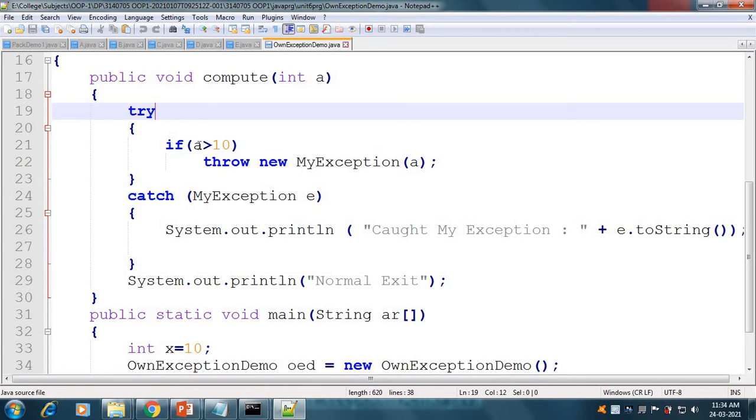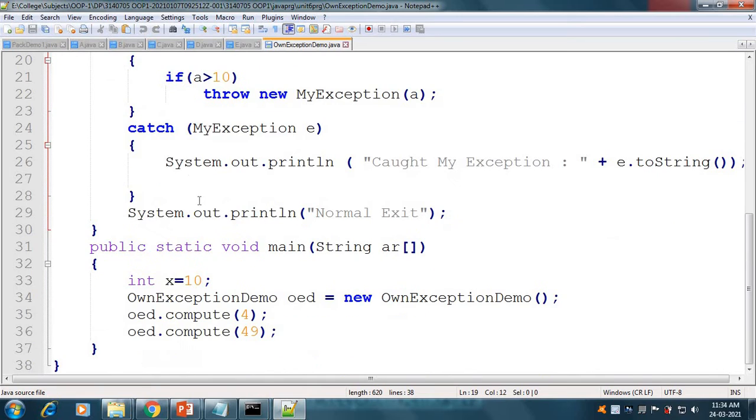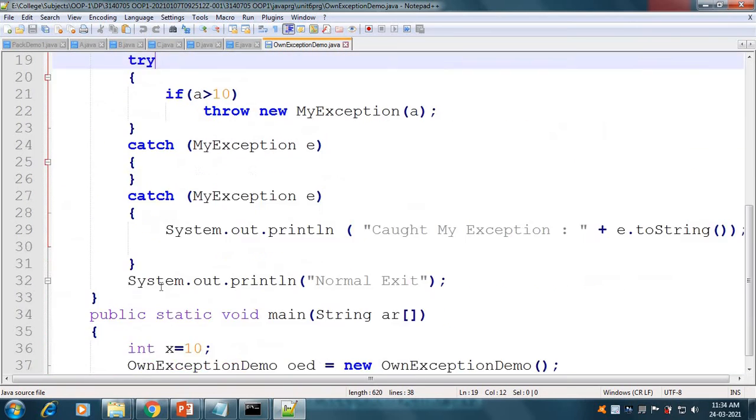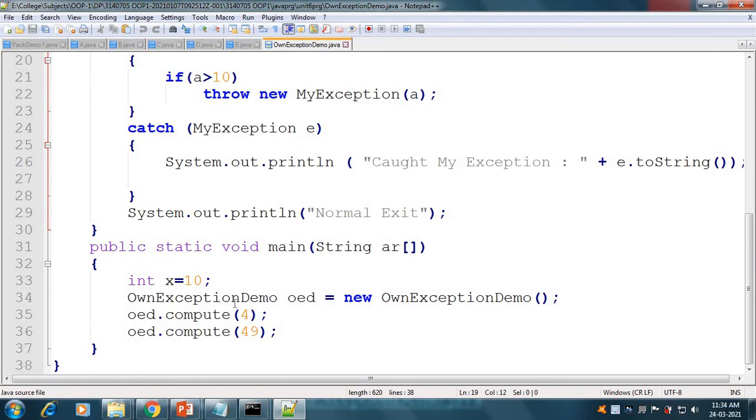If it is not greater than 10, then it will not throw the exception. In the main method we have x value 10. We have created an object of OwnExceptionDemo, and for it we have called the compute method. First we have passed 4 and then we have passed 49.